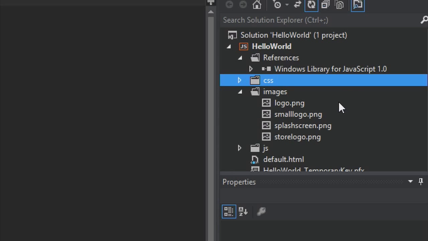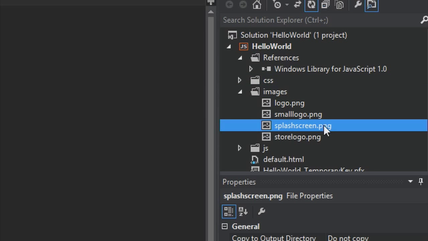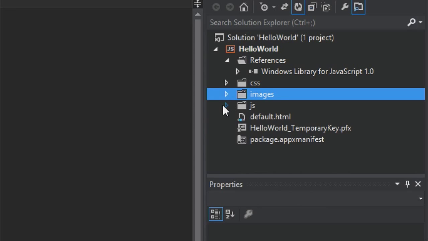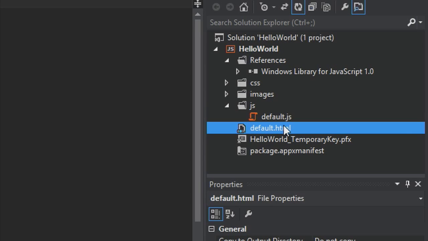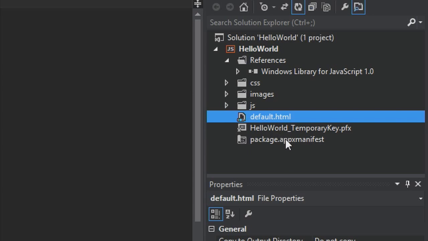For example, the logo and small logo images are displayed in your start screen, while the store logo PNG is used to represent your app in the Windows Store. And finally, splash screen PNG, which is used to show your app when it starts. It also includes a JS folder for all of your JavaScript files. By default, this includes default.js, a default.html page, which is the basic HTML page that we'll be editing in just a second. And finally, there's